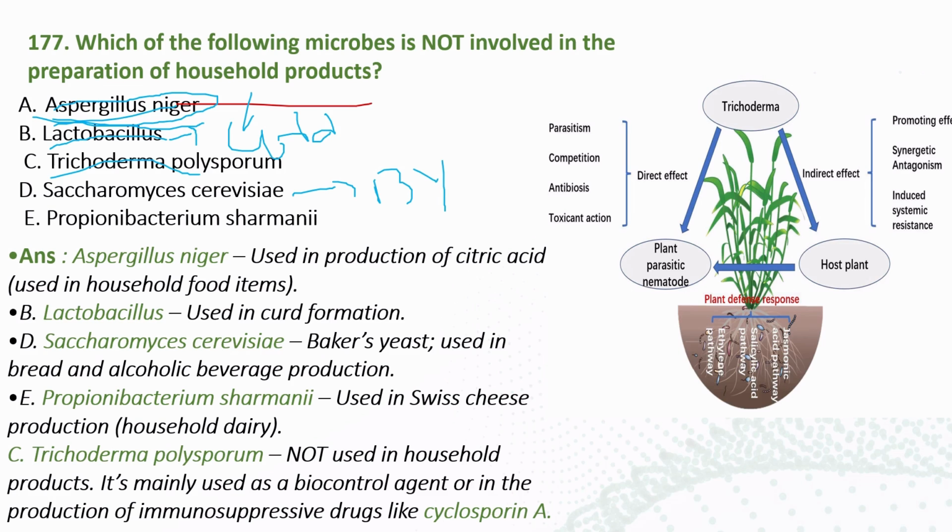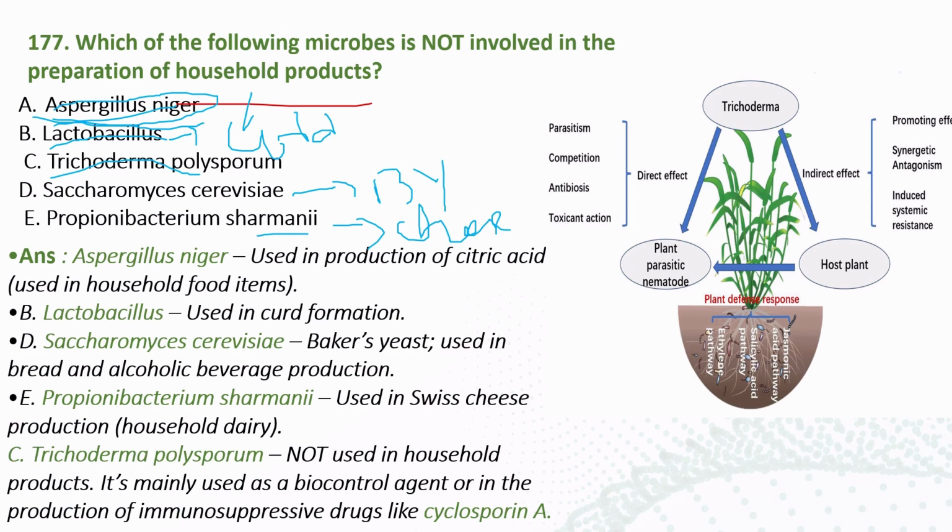Saccharomyces cerevisiae is nothing but a yeast, so it is mainly used in bakeries, for cakes and everything. Whereas Propionibacterium shermanii is also used in the production of cheese. In the cheese industry, we can also use the powder of this